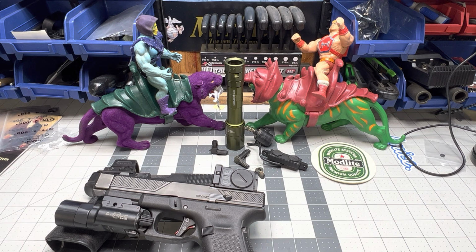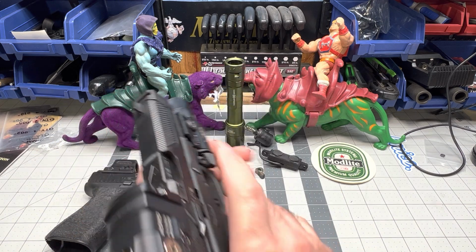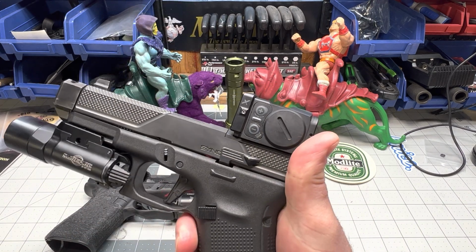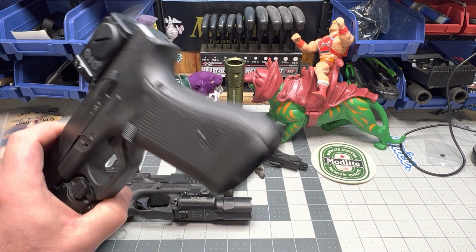I'm going to replace it every year, but it's never gone dead or not been a dot there when I look through it. It gets beat around pretty good. This is my main squeeze gun. She's always there for me, and it gets beat around pretty good on the outside the waistband, inside the waistband,